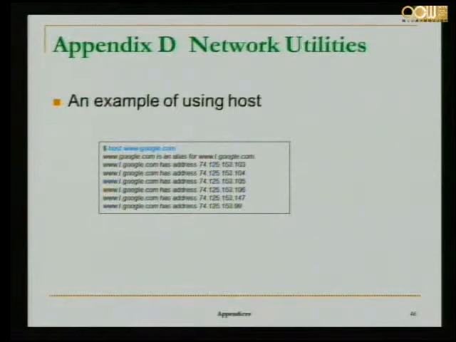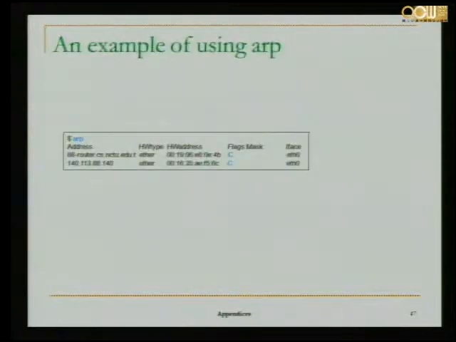So with a domain name, you can say host Google. You will see where the Google machines are, or some of the Google machines. And host is a translation between domain name and IP address, and vice versa. You can translate from IP address to domain name, the reverse translation. And ARP is translation between IP address and the MAC address, the NIC card address, and vice versa. That's ARP,